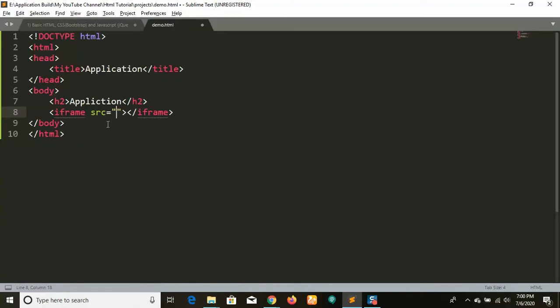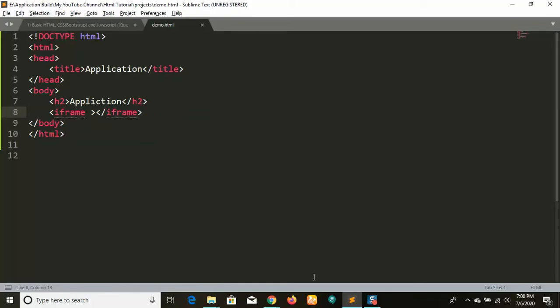For example, if I have another HTML file like app.html, and this HTML should run by default in this application, I simply give it this way. Currently I don't have app.html, so no need to give anything. Let me remove this. This is enough. Let me save and see how it's showing.